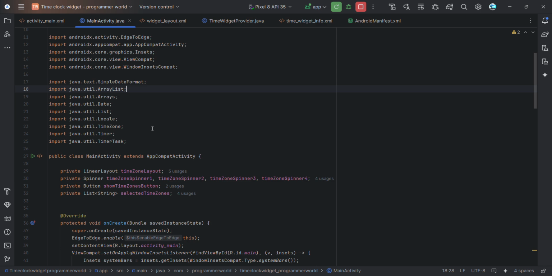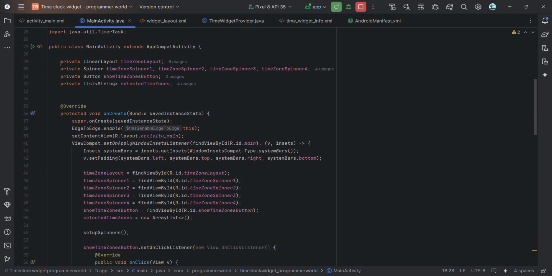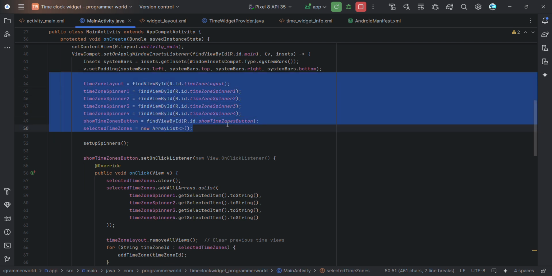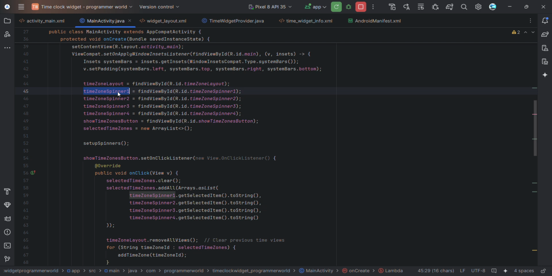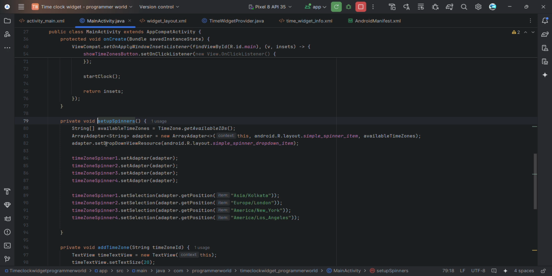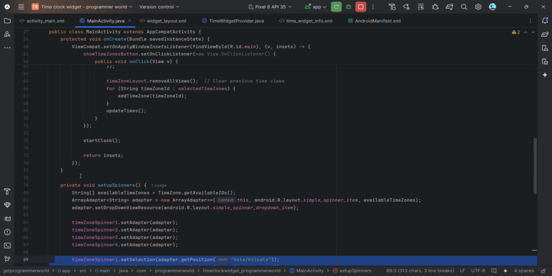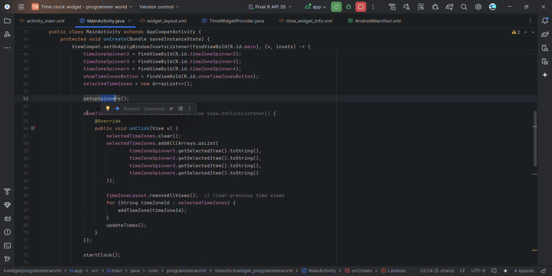If I go to the Java code over here, initially we are just defining all the class variables here and then defining the respective time zone spinner. We are creating the local variables for those widgets over here. And then in this setup spinner method, it's doing nothing but setting up the spinners and setting the default values over here. Okay, so if I scroll up, after this we are then putting the on click listener for that particular